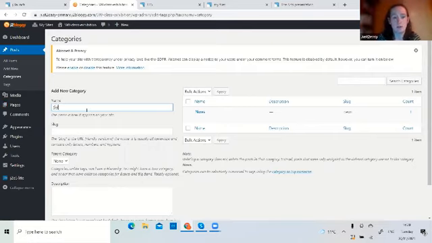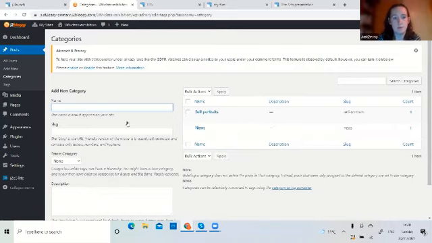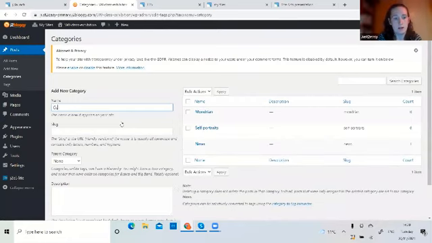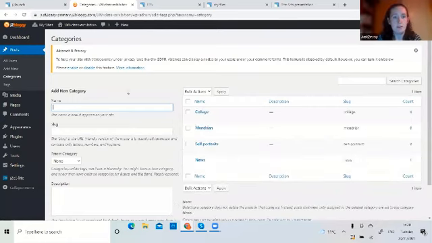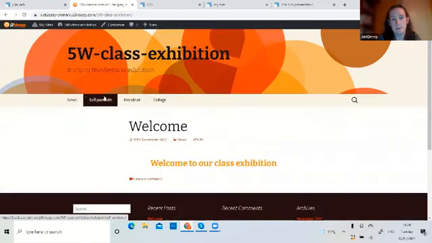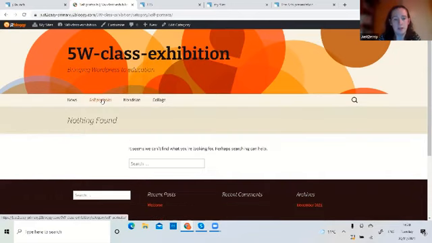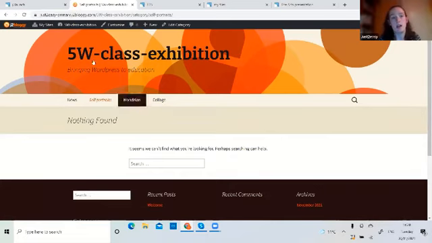So we could say we've been doing self-portraits and add that one. We could add Mondrian, collage. If I now go back up to here and visit site, you can see that those have appeared under the header image there. And when I blog, there'll be nothing there yet because we haven't blogged, but when I blog, they will appear under the relevant categories.